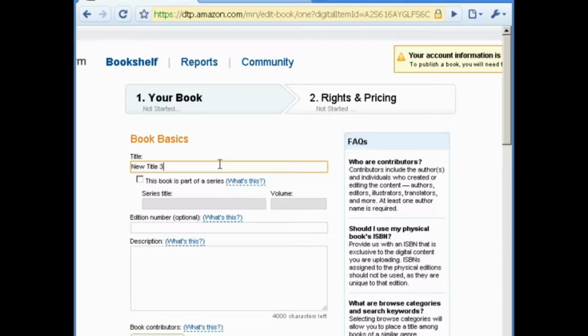But it was just a good learning experience to be able to know how to use a WYSIWYG tool, which can apply later on too as well. But anyways, for the book basics, you're going to need your title, the author information, the description, keywords, and roughly the price that you want to put. Now I'm going to show you different options that you can price and revenue sharing and things like that. So enter the title,